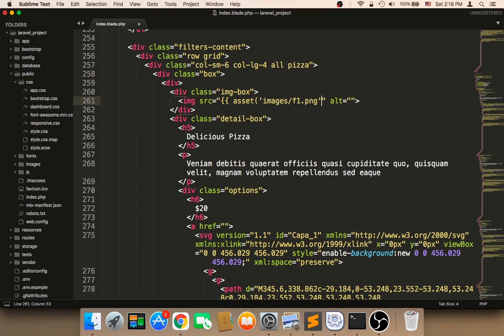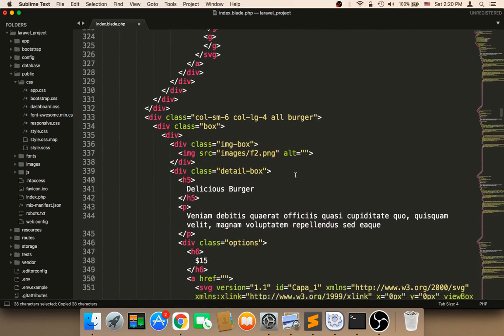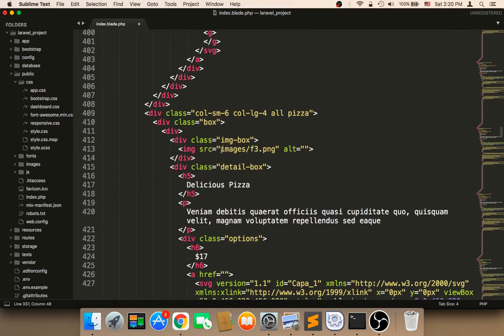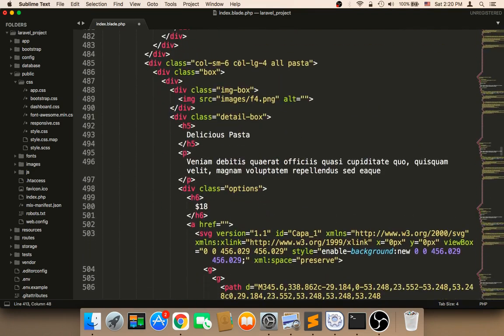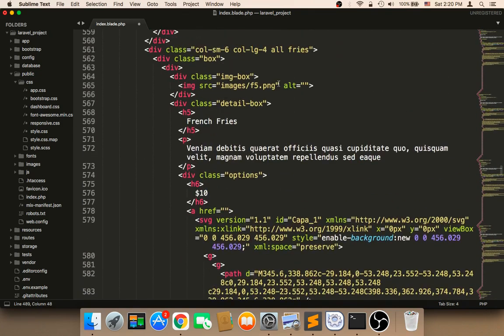And to make the process faster, you can do something like this. You can copy this code, and then whenever you find an image, for example this, you just can paste that code, and change just the name of the image, for example here 2, and here you can do this. This is going to make the process much faster. So I'm going to paste this, and then I'm going to say 3, and then here 4, I'm going to paste the new code, and then I'm going to say 4, and then with the 5th image I'm going to do the same,